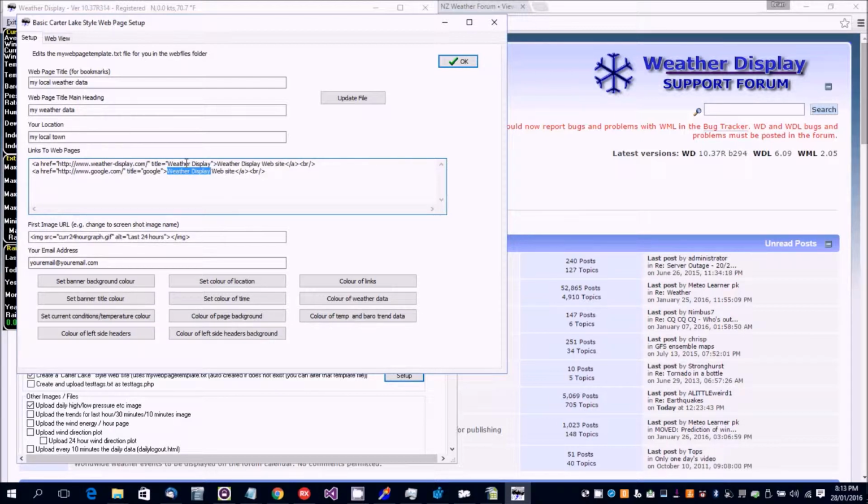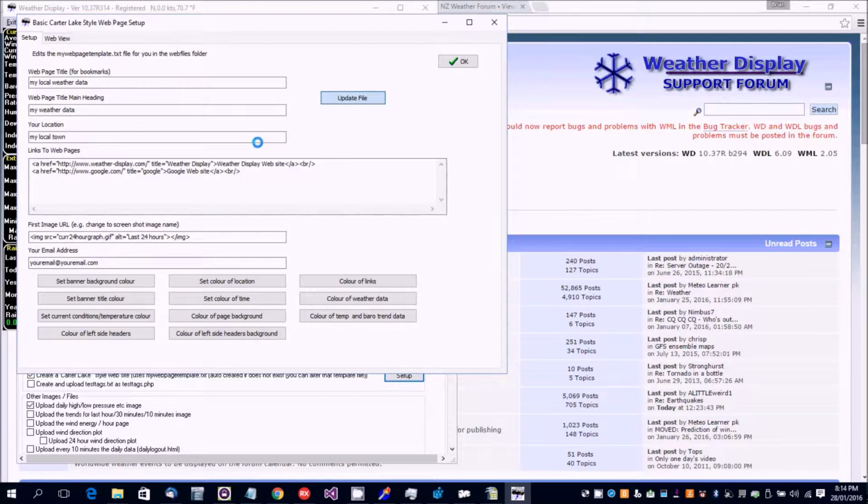Put Google here. Okay, now by default it's going to be the current 24-hour graph, and you can put in here your email address. So if we go update the file,